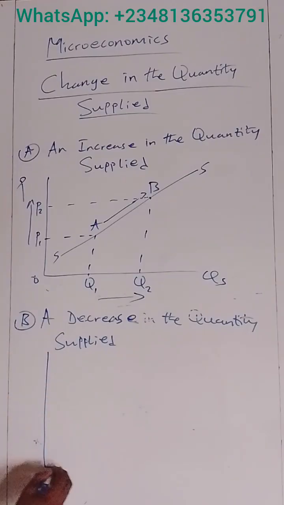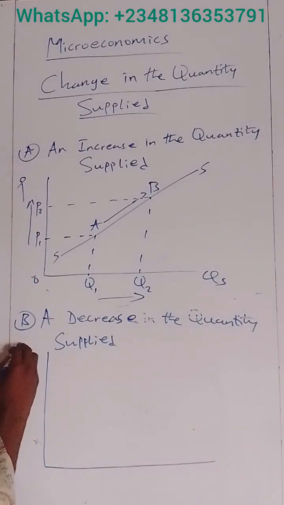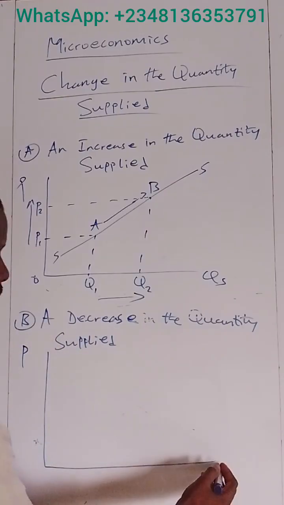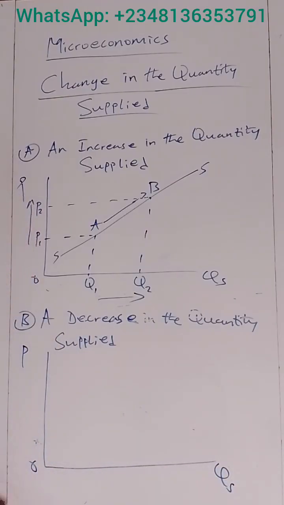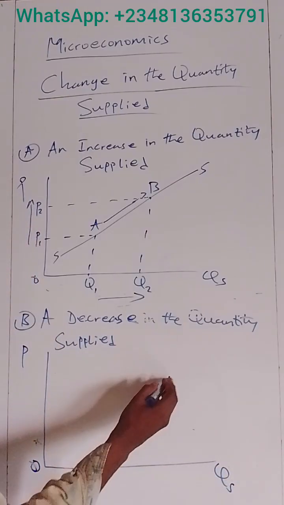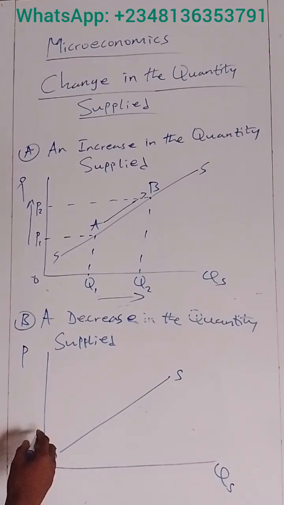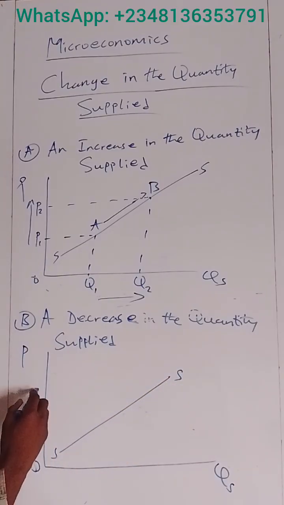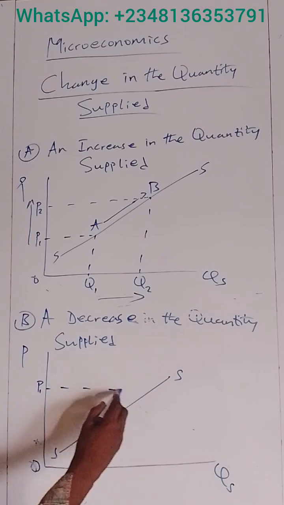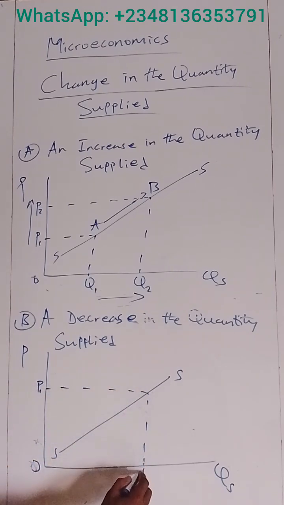So, let's say we have our supply curve. This is the price axis. Let me just use P. This is QS. This is the origin. If I have the supply curve SS here, okay. Now, let's say where I have a particular price, I call it P1, I can trace the corresponding quantity supply,